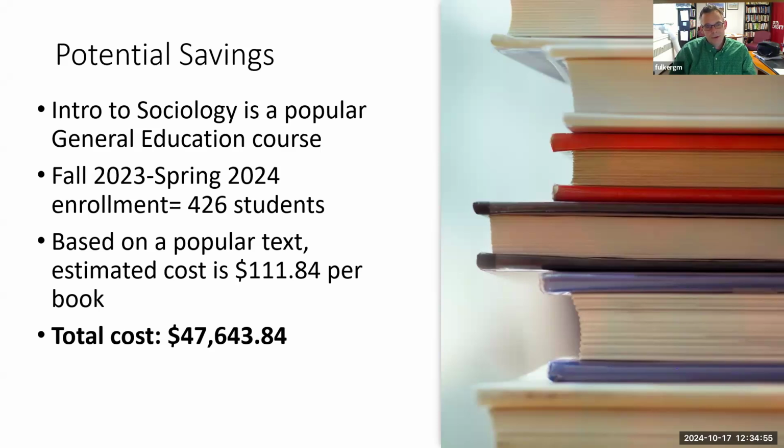Fall 23 to spring 24, so annual enrollment with around 426 students because Intro to Sociology is a pretty popular gen ed course. So we get a fair number of students. That's actually down. We were up higher before COVID. So the cost impact has been much greater in the past. But even just in that 1 year,